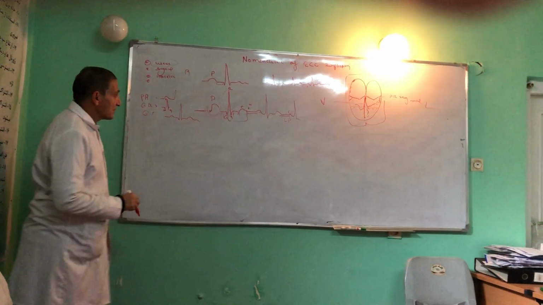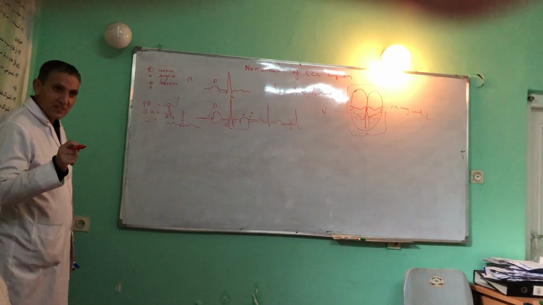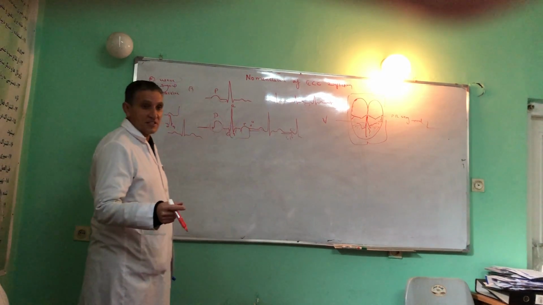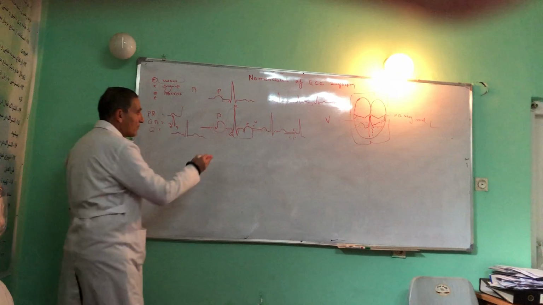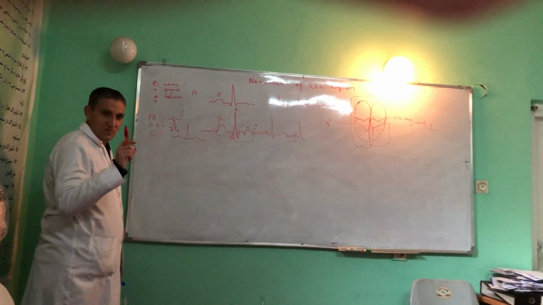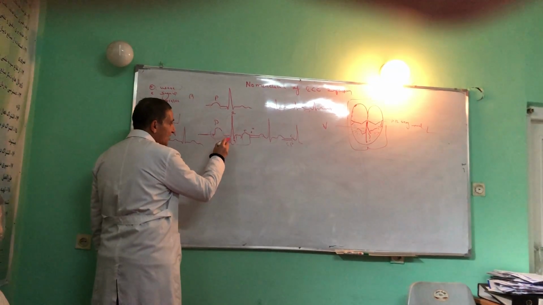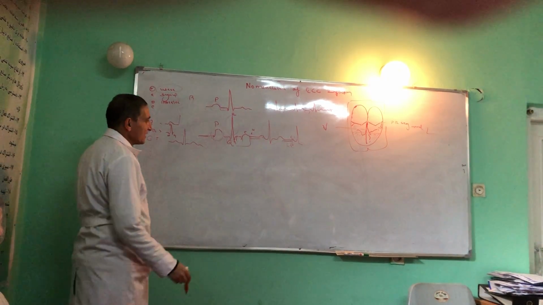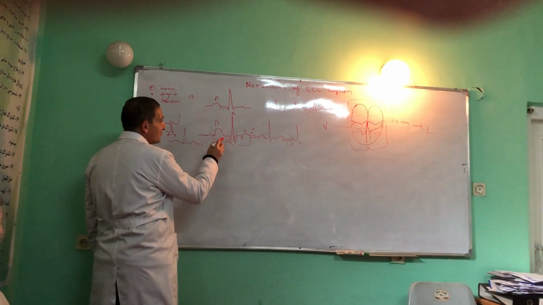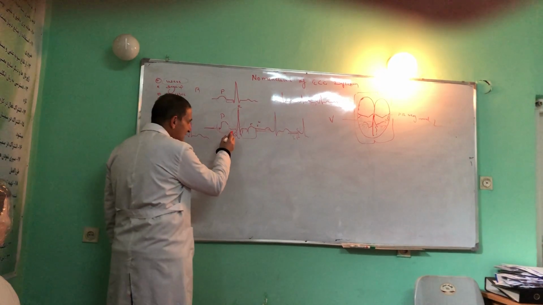After the intervals, let me discuss the duration of the PR segment. The duration of the PR segment is very important. Why is it very important? Because prolongation of the PR interval represents first degree AV nodal block. Normal PR interval, as I mentioned, the upper limit is 3 to 5, generally 5 small squares. And the duration of the segments also represents 3 small squares. And right now, after the PR interval, we should discuss the PR segment. The duration of the PR segment also gets 3 small squares.